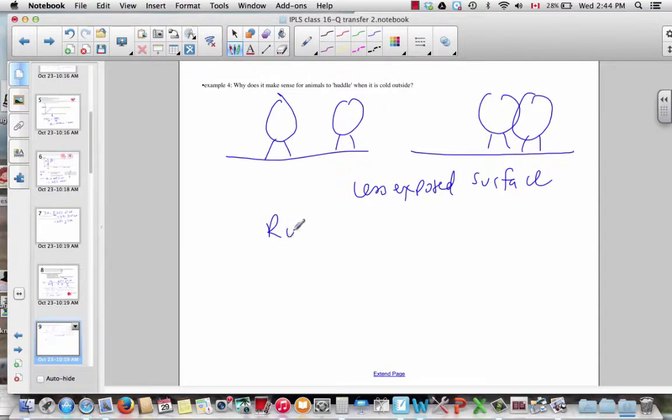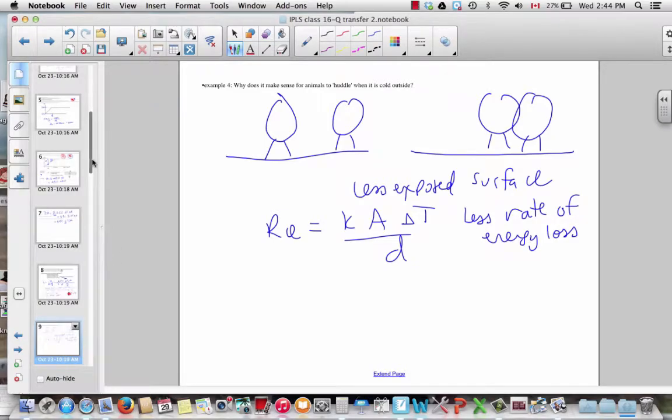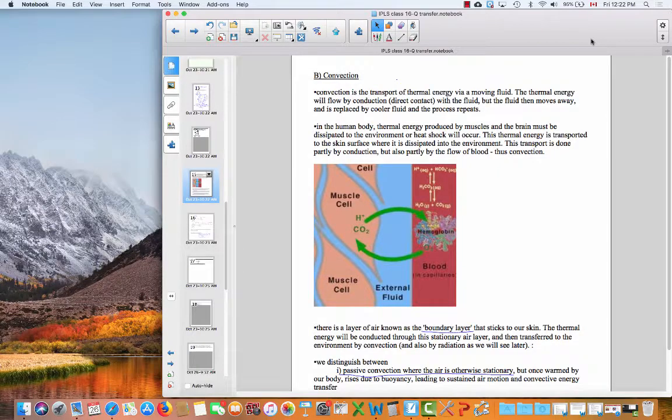the rate of thermal energy transfer, which depends on the exposed surface area, there's a lower rate of energy loss to the environment. That's why. So having spent some time looking at the conduction of heat, we next look at another means for